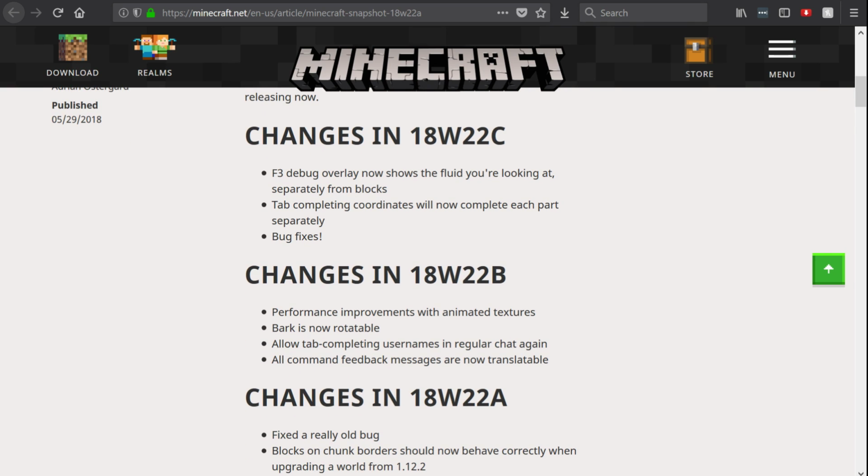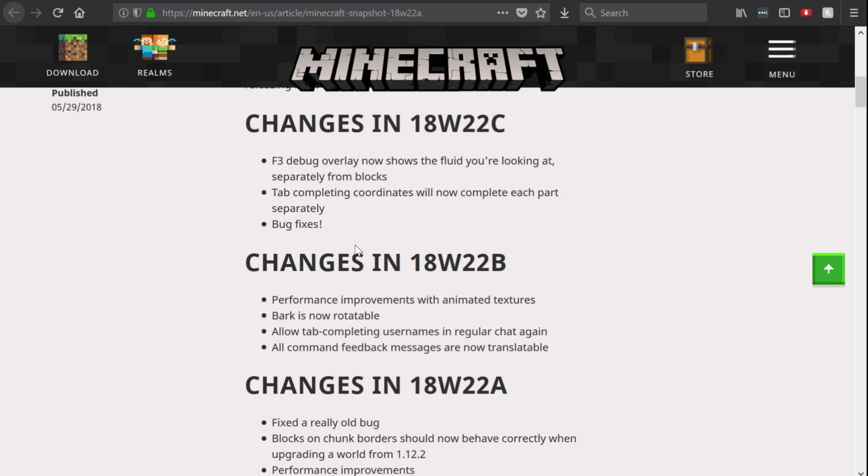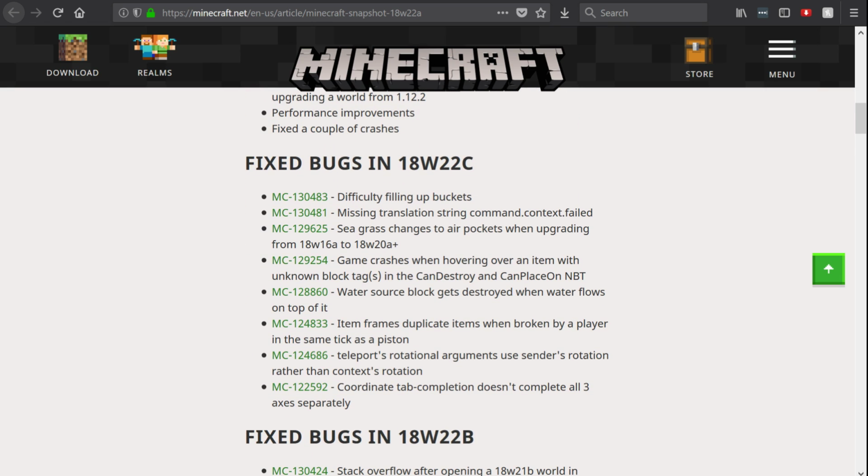Tab completing coordinates will now complete each part separately. That was something that I noticed that I thought was convenient, and I thought it was actually like a change that was intentional. If we go down to the bug fix list: difficulty filling up buckets, missing translation string command.context failed,